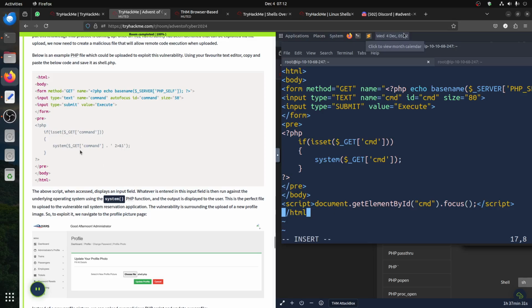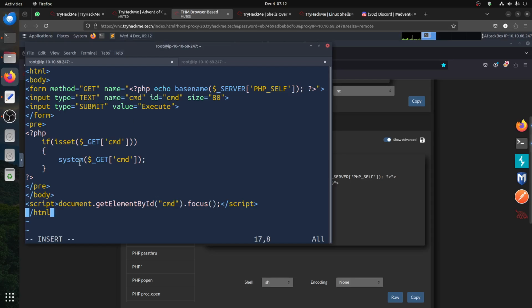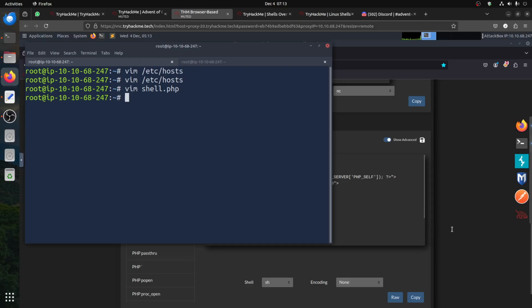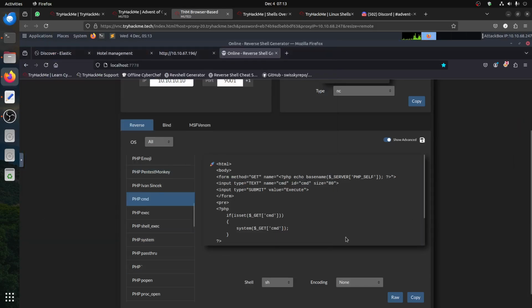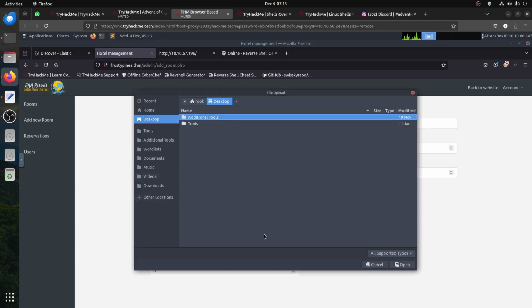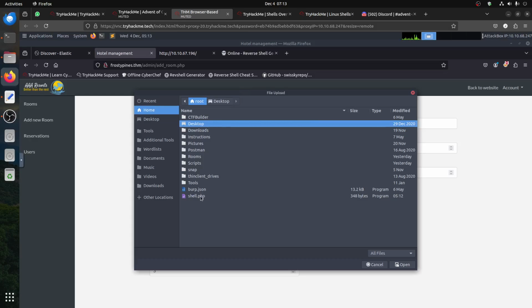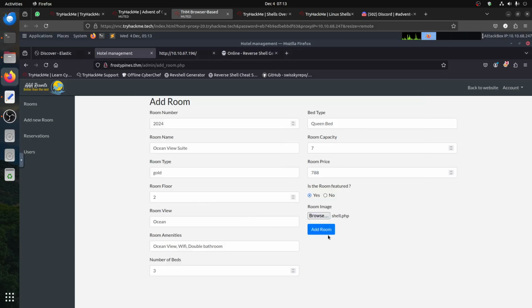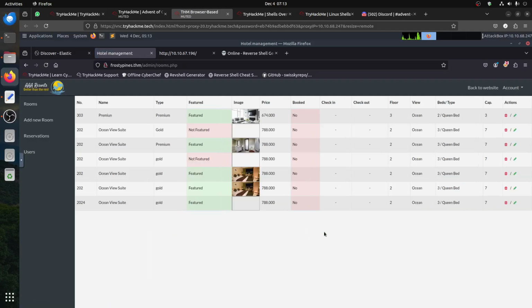This one uses the system get command. Let's try this one. I'm saving it now. You will use this a lot when you do TryHackMe rooms. Now if I browse here, it will tell you it's programmed for images, but I can change it here and set all files, choose shell.php, and add it. If you don't know where it's uploading this stuff,